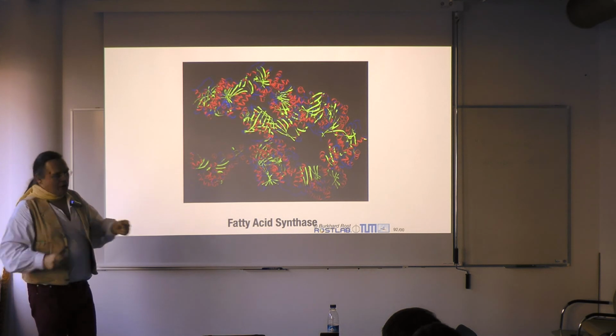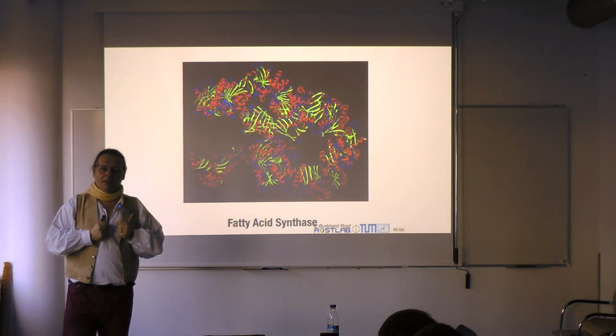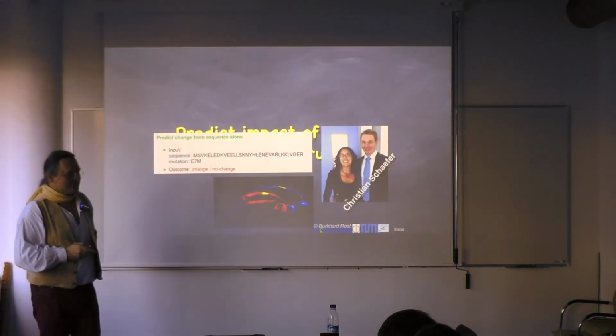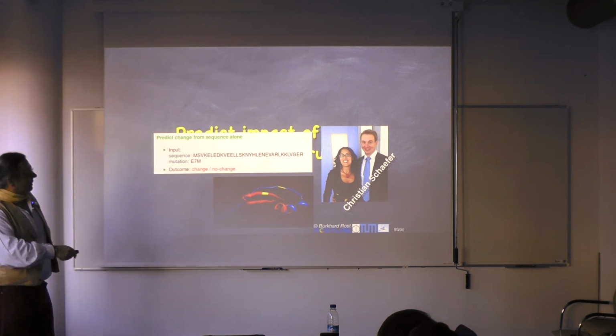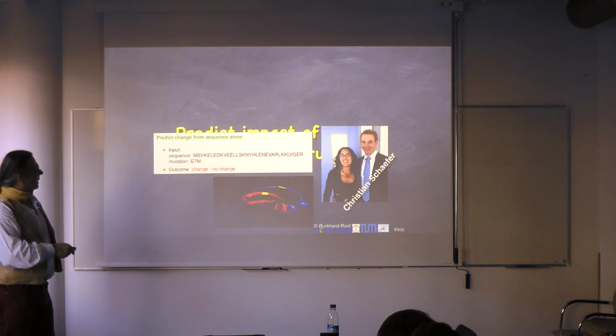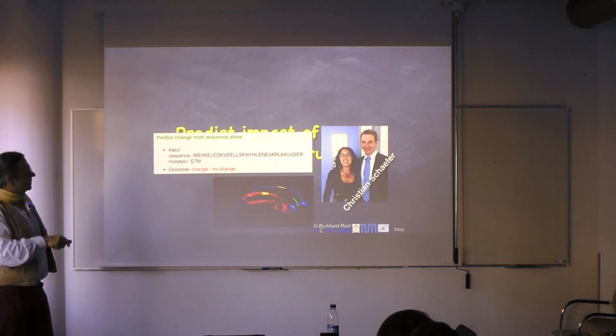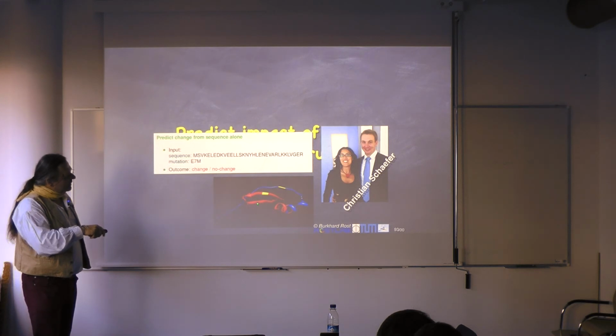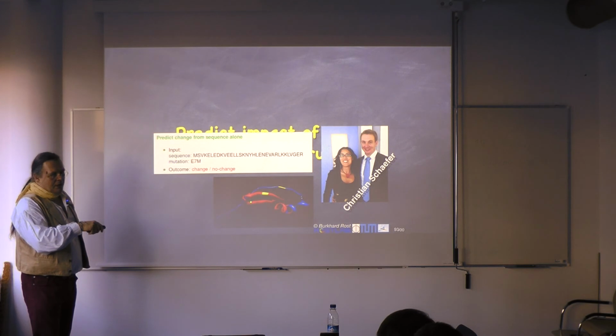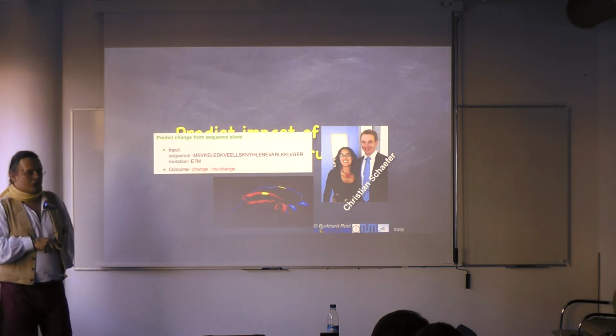Working on structure, we actually string up the entire PDB in one big mega protein in some sense. That's the way Chris begins. And then we overlap 5 mers. The reason for choosing 5 mers has a longer story in itself. And we wanted to predict the difference between an example where the mutation changes the structure and where it doesn't change the structure